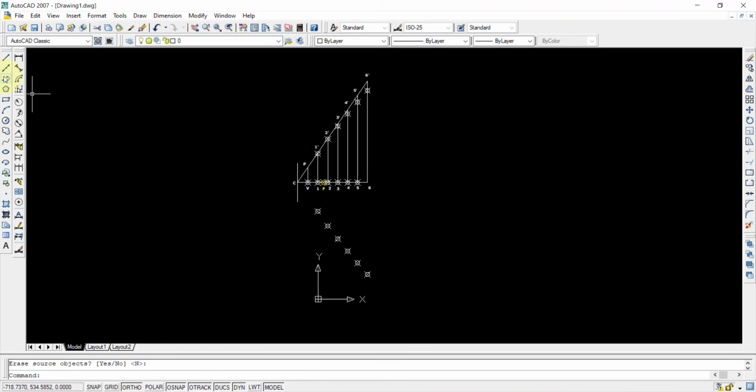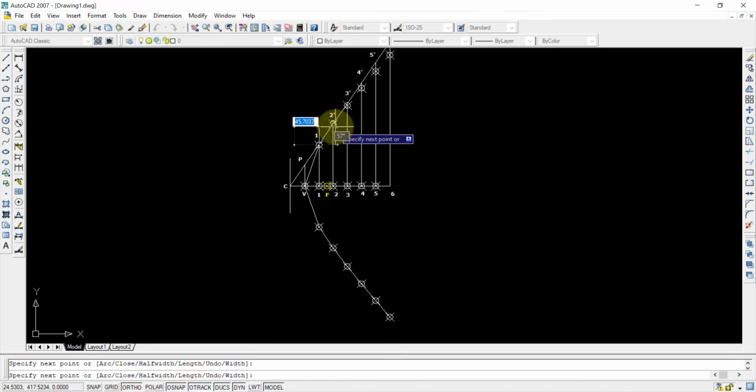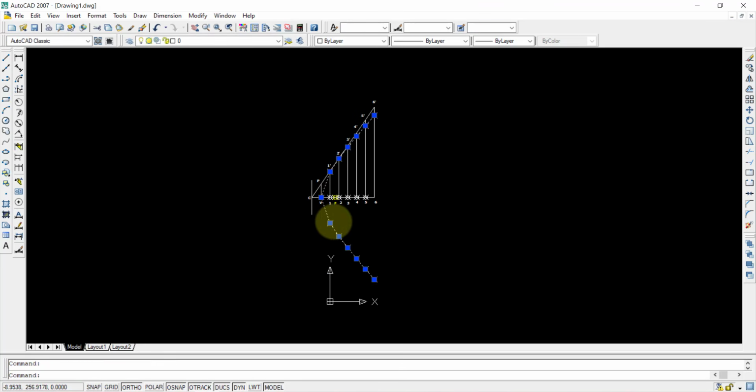Now here in this case you go to the polyline option. Whatever the points are obtained, you can give the name as P1, P2, P3, P4, P5, P6, P6 dash, P5 dash, P4 dash, P3 dash, P2 dash, P1 dash, because these are all the mirror images, no, therefore. So from P6 dash I'll select P5 dash, P4 dash, P3 dash, P2 dash, P1 dash, then we'll select V, then first point, that is P1, P2, P3, P4, P5 and P6, and press enter. So the curve is finished, that is nothing but your hyperbola is finished.